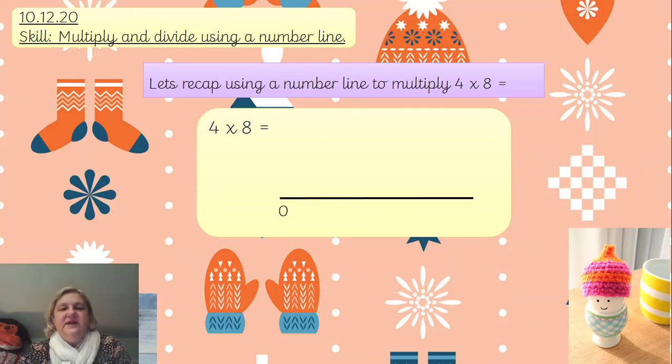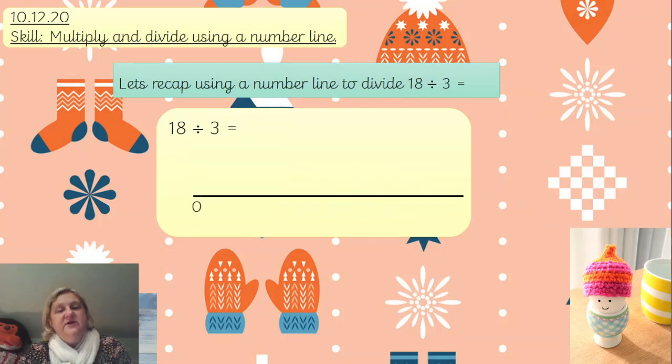So we're going to recap now using a different sum. And here we go, we've got 4 lots of 8, 4 times 8, so 8, and then we use that jump forward, repeating this addition, 8 plus 8, plus 8, plus 8, and then we've got 32 in,